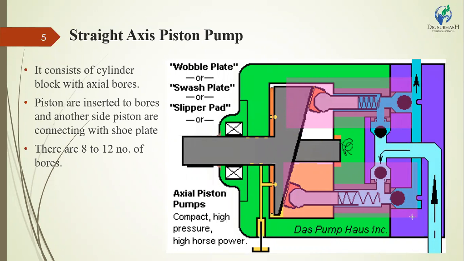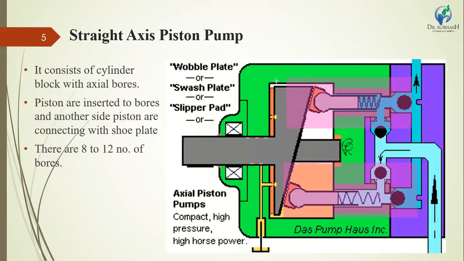There are a number of piston cylinder arrangements. We can arrange two, or more than two, like 8 or 12 such bores, which continuously perform suction and discharge in a proper order. Here the pump discharge is very smooth and continuous because of the number of piston cylinder arrangements, which continuously work in inlet and outlet in complete order. So it gives a continuous and smooth output from the pump.